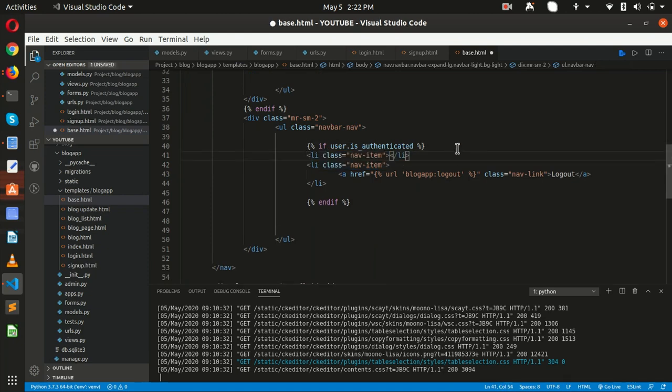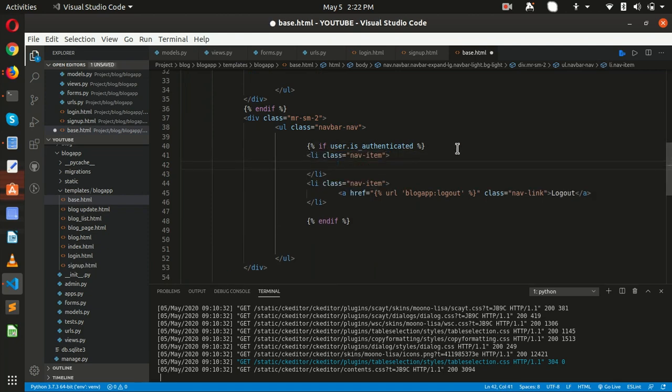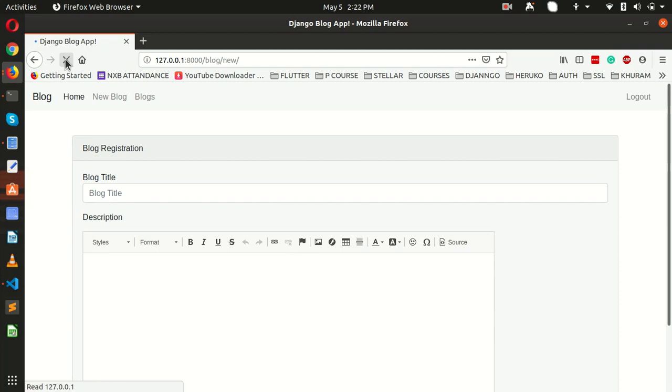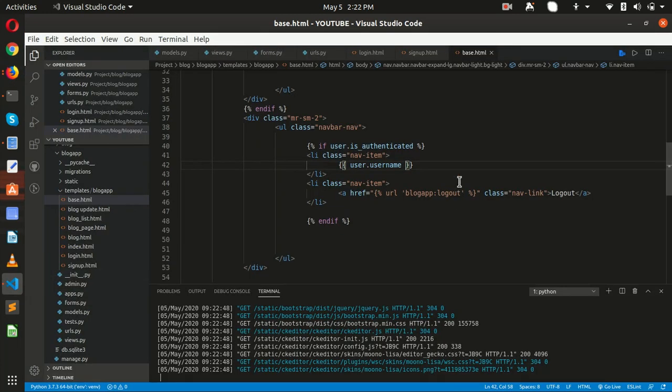So for that we are going to use this, and we can name, let me just use normal, instead of this, user.username, and here we are back, admin. So this is the user's name, right?